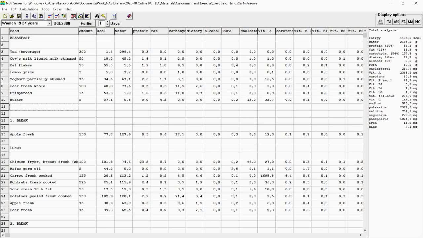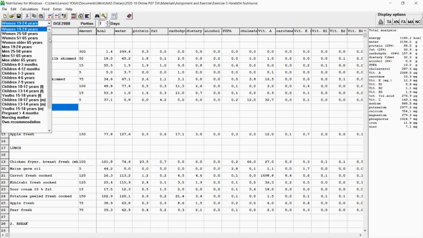This is for calculation of energy requirement. If you can see from the display, we can choose the requirement for our respondent, which RDI to use based on their age group. For example, this data set belongs to women age 19 to 24. Then we can select this RDA for a woman 19 to 24 years old. This value of RDA or RNI is based on the FAO WHO, and we can choose our own recommendation and setting in the NutriSurvey. Later on, we will show how to set our own recommendation.